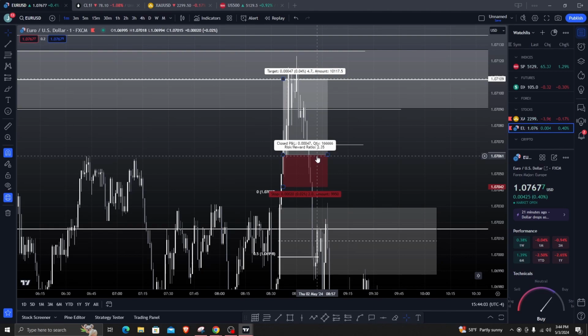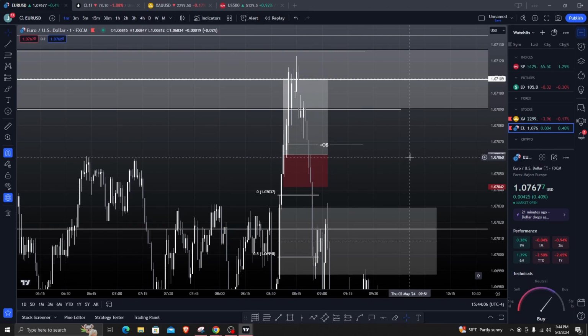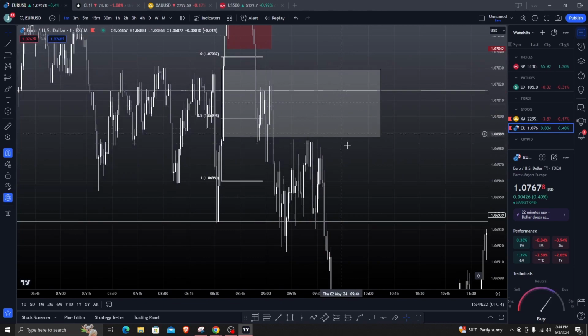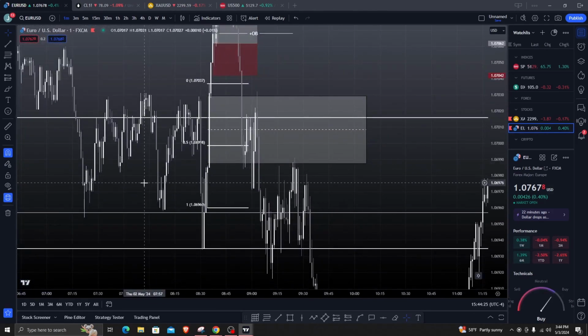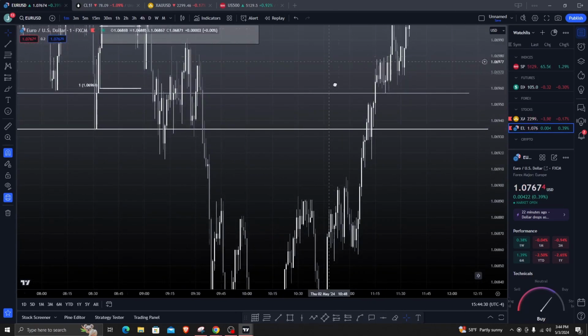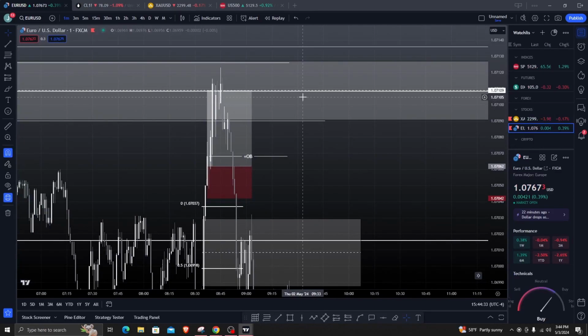Only thing is, obviously, the idea of the trade in itself isn't good enough, because my bias was not present and my draw on liquidity was not clear either. This isn't a trade that I would have wanted to take, because looking at it in hindsight, you can see as we continue dropping down, this trade would ideally not have worked out well for me if I was still in that trade and I was targeting higher. But with this being said, that's really all I got to say for it. There's nothing much else to be said about this trade.